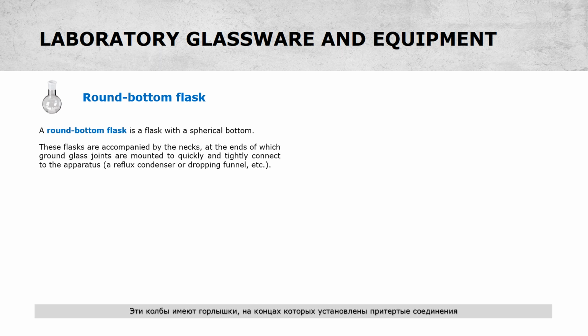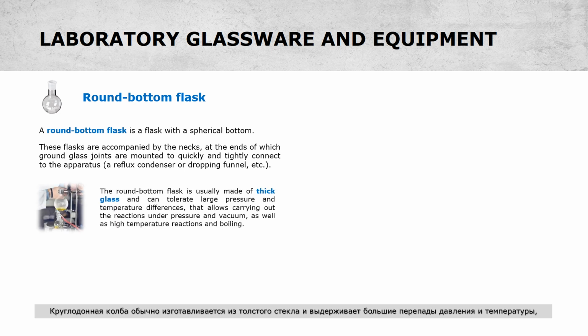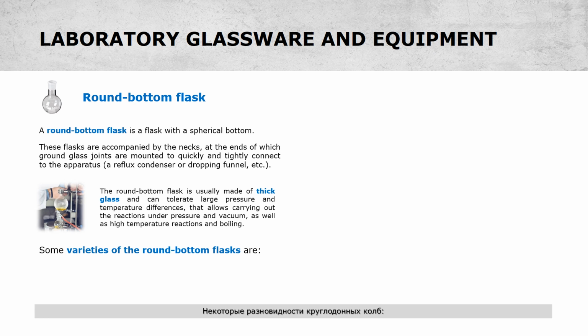These flasks are accompanied by the necks, at the ends of which ground glass joints are mounted to quickly and tightly connect to the apparatus, a reflux condenser or dropping funnel, etc. The round bottom flask is usually made of thick glass and can tolerate large pressure and temperature differences, that allows carrying out the reactions under pressure and vacuum, as well as high-temperature reactions and boiling. Some varieties of the round bottom flasks are